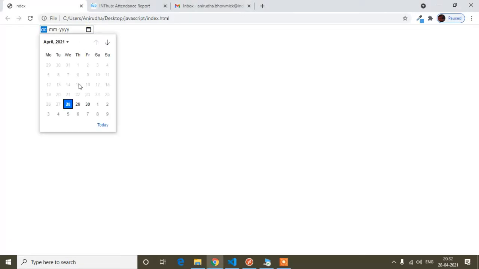Okay, so guys, first of all I will show you the preview. Here you can see the date picker, and this is the HTML date picker. When I open this date, you can see today's date is 28 April 2021. The previous dates before 28 April are disabled, and the previous button is also disabled. I cannot choose the past date. In this tutorial I will show you how to disable the past date using custom JavaScript code, and after watching this video you can restrict any kind of date because I have explained it very easily.